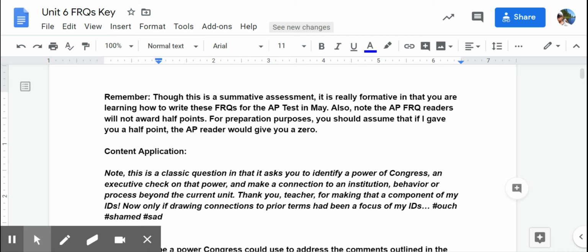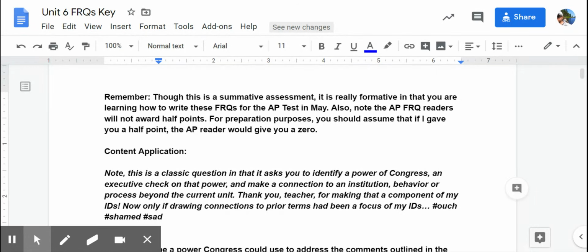Just wanted to give you some specific feedback on the content application FRQ from Unit 6. Concerning the AP exam, the College Board has communicated that it will be completed remotely from the comfort of your own home. It will focus on the first 3 units of instruction. That is the sequence published by the College Board, not the sequence we used in Edina. Any published study guide will follow the College Board sequence.